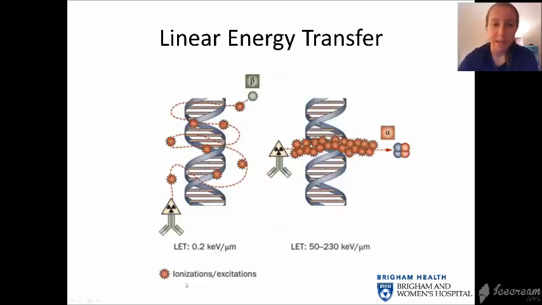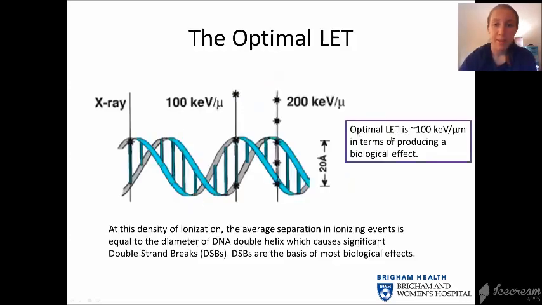And so why do we care about LET? This is where we're getting into the biology a little bit. If we look at a beta particle with an LET of 0.2 keV per micrometer, you can see that the number of interactions, ionizations or excitations is kind of low. And if we look at an alpha particle with an LET of 50 to 230 keV per micrometer, we can see that the chances of interaction with the DNA is quite high compared to the beta particle. So there's a higher chance that an alpha particle will interact and actually do some damage to the DNA compared to the beta particle. And the optimal LET is actually about 100 keV per micrometer